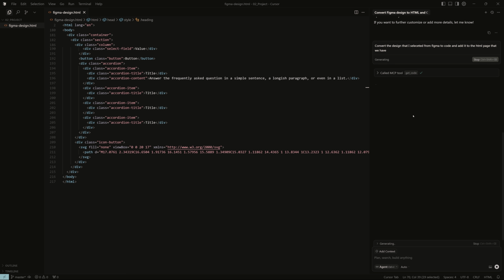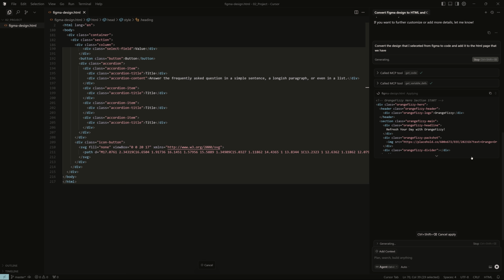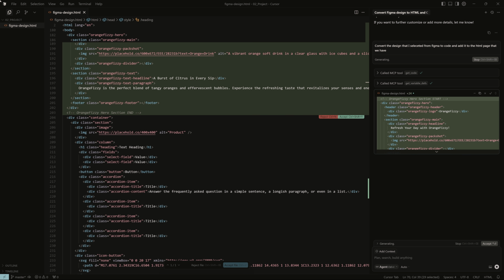It's the same process, nothing new here. Each time we are asking the cursor to do something which has a relation to Figma, it's calling the MCP tool and the functions that are needed in order to read the design and everything else. And it's automatically doing the coding.